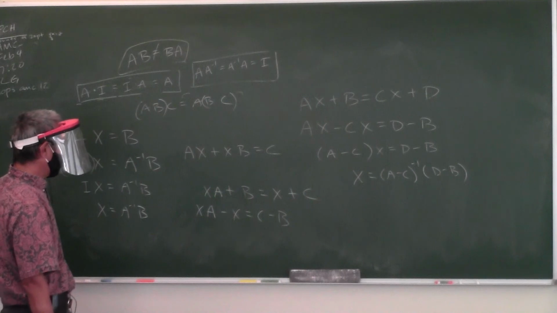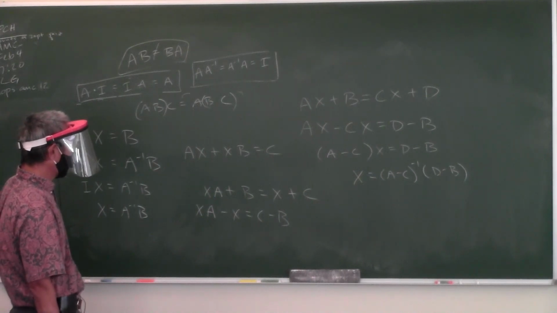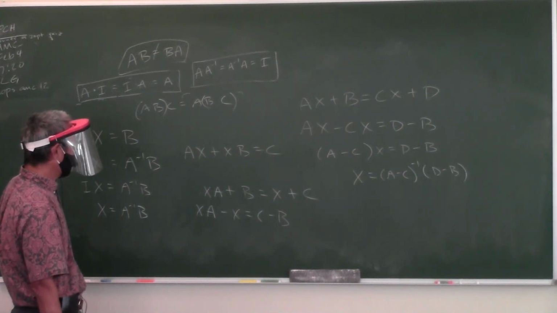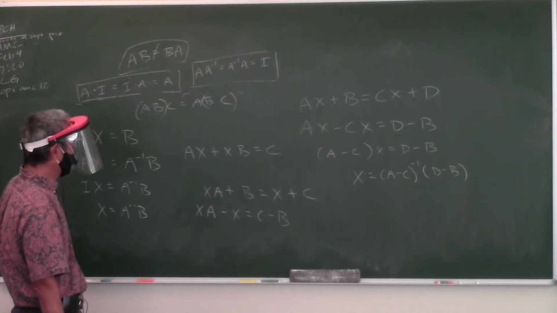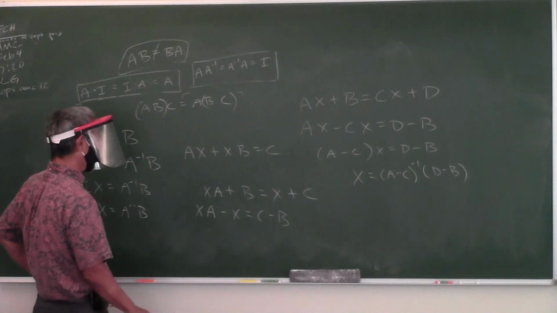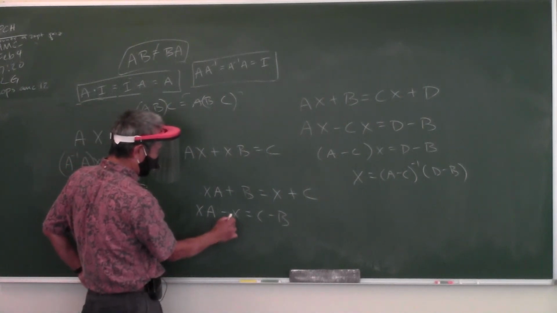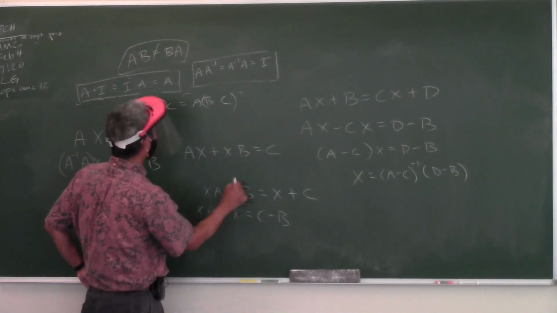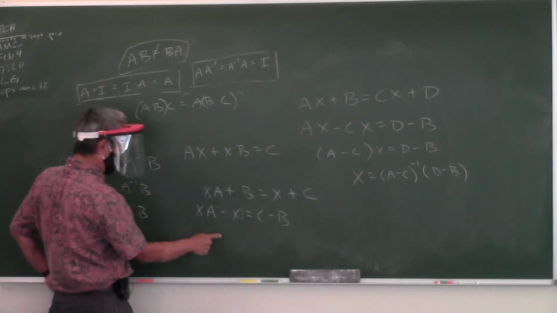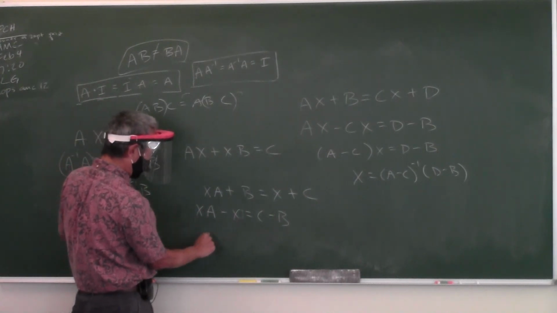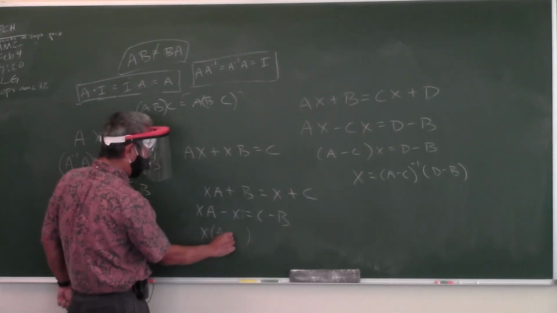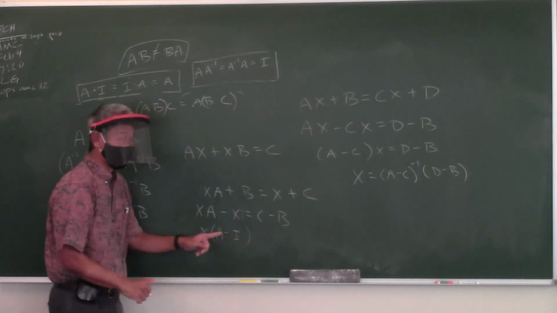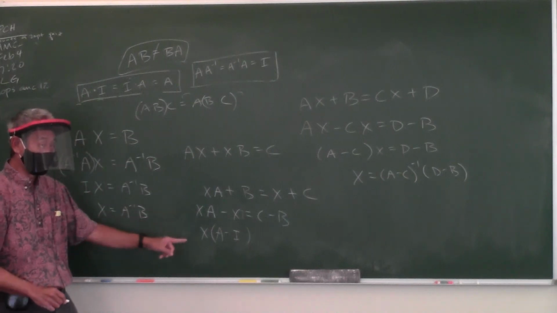Okay, now what? How do I factor out the X? Look, isn't X the same thing as XI? Remember this thing? Okay, so notice that the X's are on the left. So if I factor out the X, what's going to be left? A minus I. And again, there's no such thing as 1 now. You write 1, that's going to be